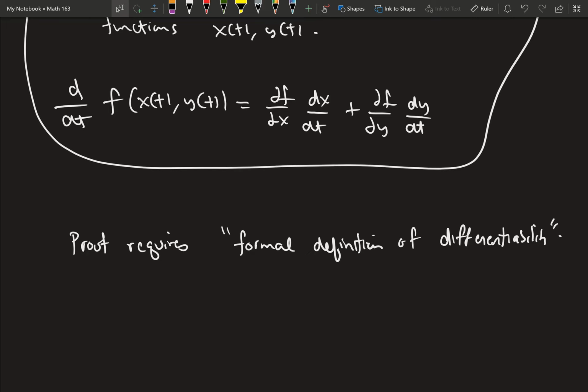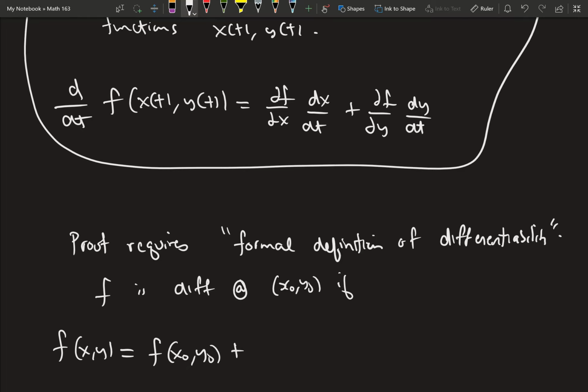Which essentially, I'm not going to state it very formally, but essentially it says you can write the function f of x, y. So f is differentiable at some x naught, y naught, if you can write the original function